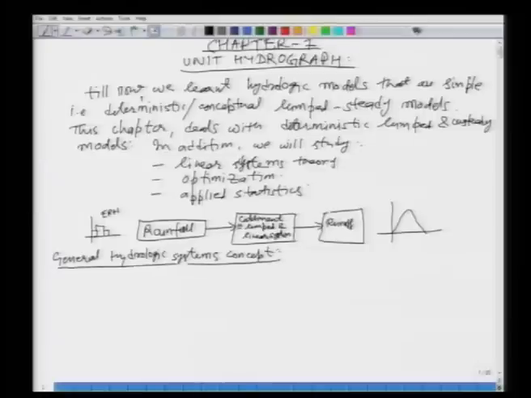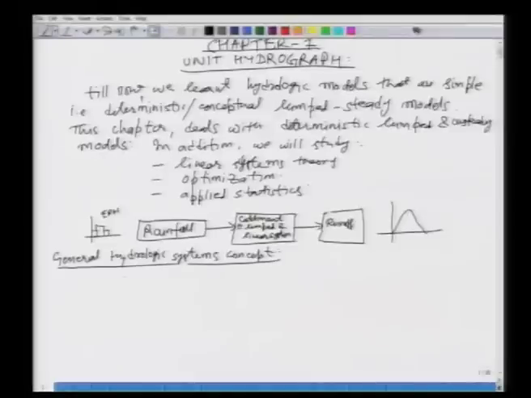We have seen that the rainfall that falls on a catchment, where does it go? Well, it goes into many different storage components in the catchment. We have seen in the last chapter that the storage components are interception, depression, subsurface, surface, groundwater and so on, soil moisture, and each of these different storages have different characteristics. So, the storage function is extremely complex in nature.